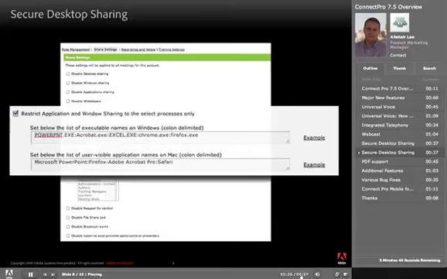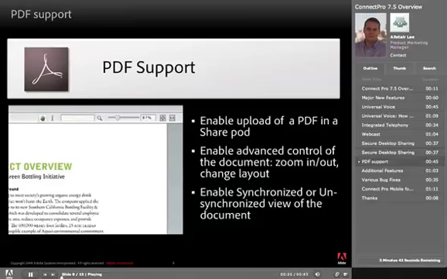This final major new feature puts the Acrobat in Acrobat Connect Pro. With the 7.5 release, Connect Pro meetings now support PDF documents. Hosts and presenters can now upload virtually any PDF document on their desktop to a SharePod in a Connect Pro meeting. By default, these documents are synchronized, so when the host or presenter flips to a different page or chooses